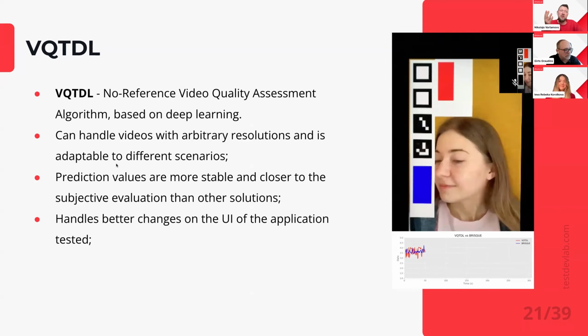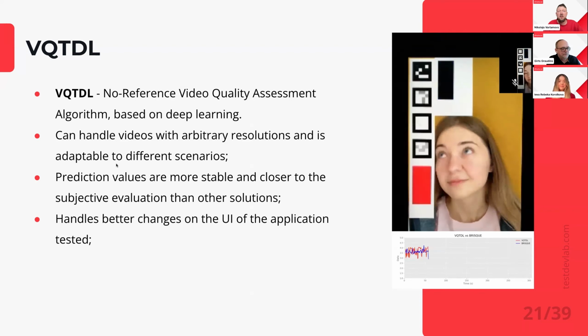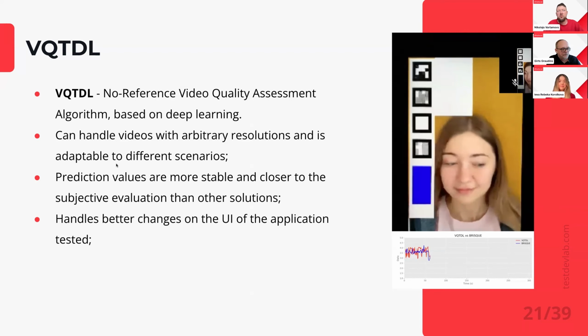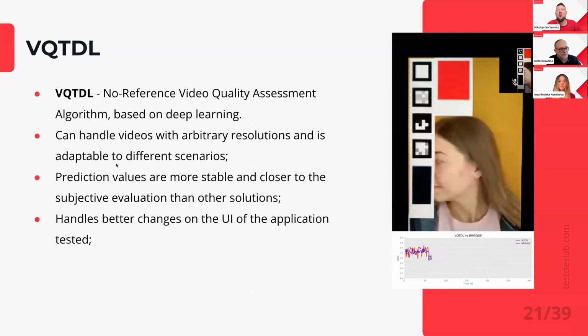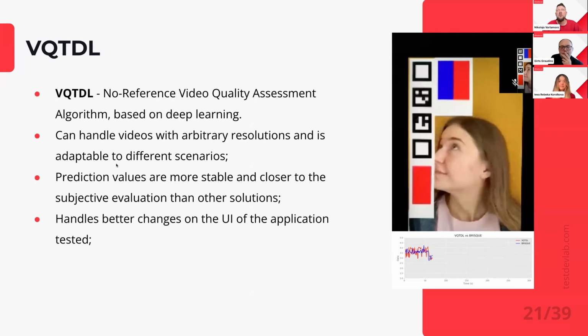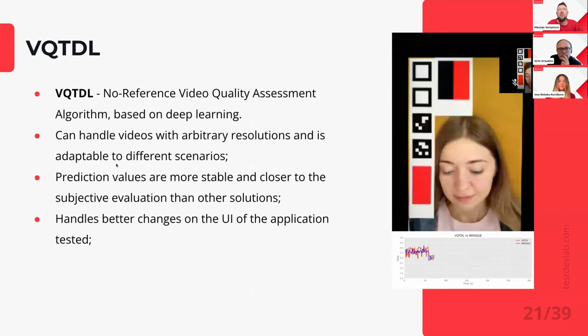So what can it do? It can handle videos with different resolutions, and it's quite adaptable to different scenarios. And from our data, when comparing with industry algorithms, BRISQUE and also others, and actually in the background now, our R&D team is doing even more research and comparing to all the different no-reference algorithms.